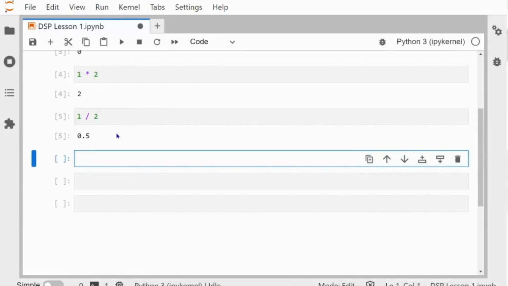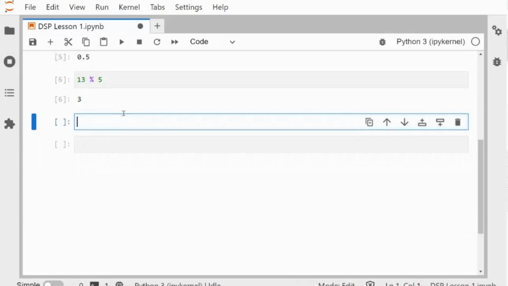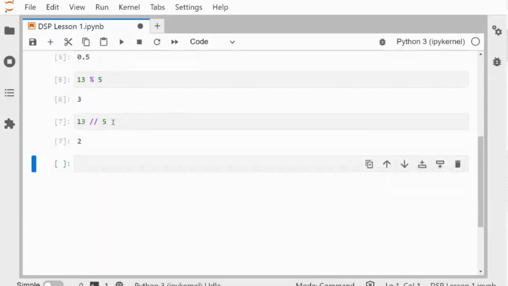So let's do 13 modulo 5. And the remainder, there's 3, so that should give us 3. Perfect. And then for the floor, it's going to give you how many times a number fully divides into another number. So 13 floor 5 should be 2. Great. Perfect. So that's how you do calculations in Jupyter.